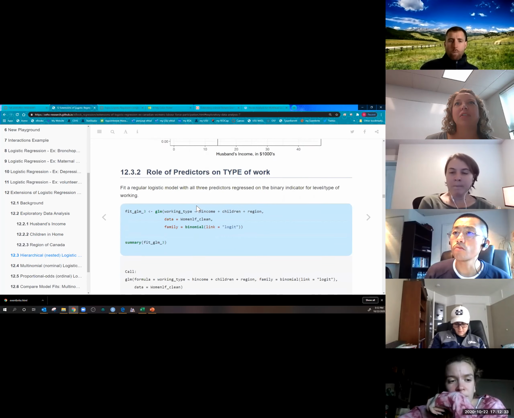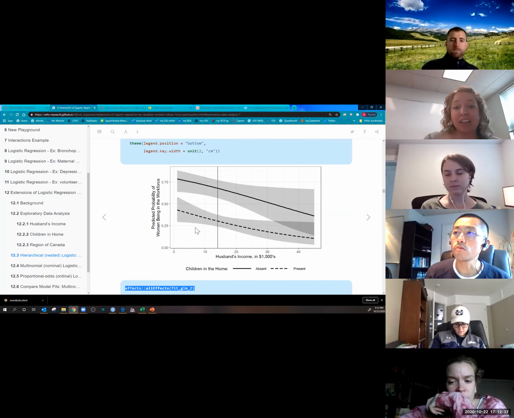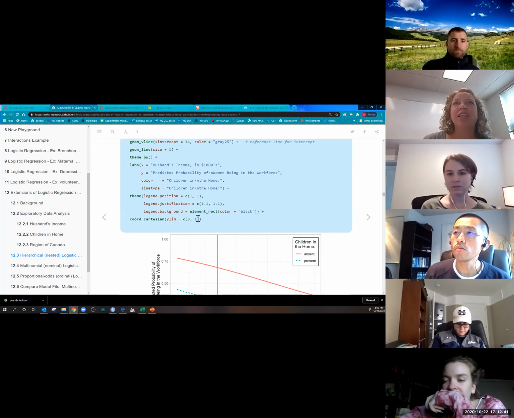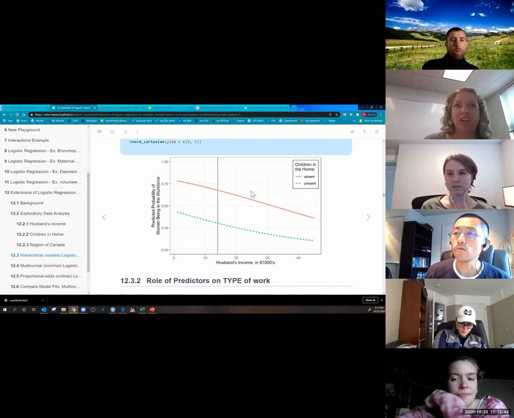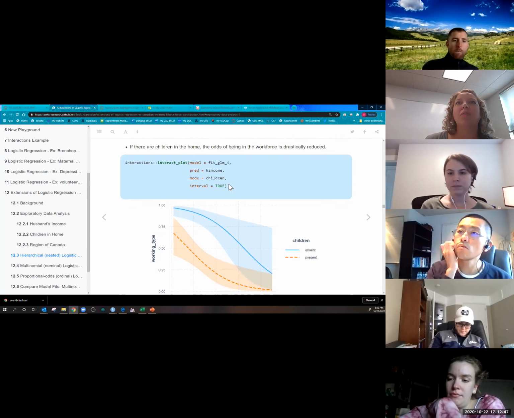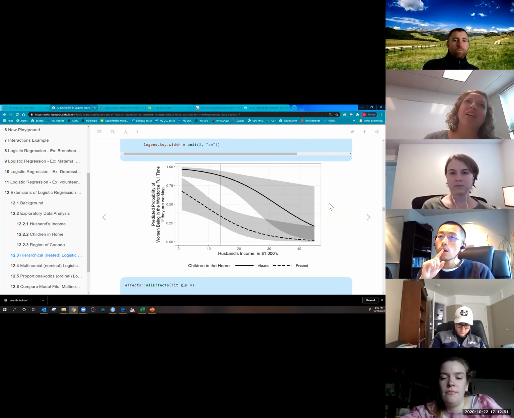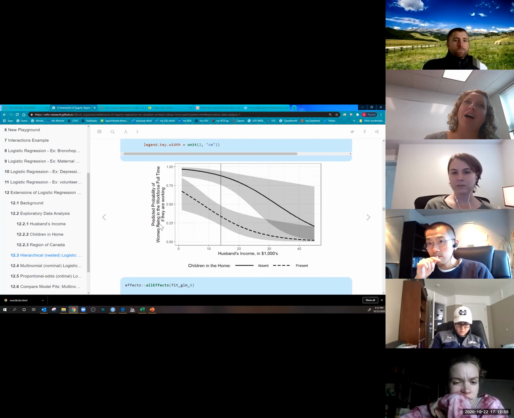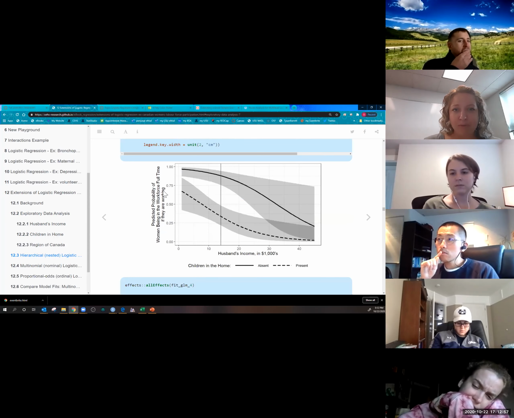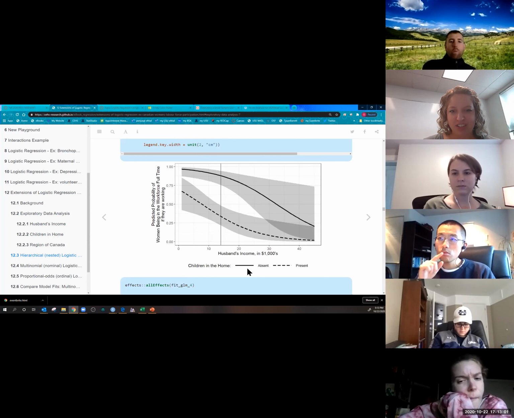Okay. You can get the effects, probabilities. So this is one logistic regression, just looking at yes or no, she's working at all. And then I did it again for whether she's working full-time. And it's a lot the same thing. Here's the plot of that. Here, it's the predicted probability of women being in the workplace full-time if they are working. So for women that are working, what's the relationship with husband's income and children in the home?